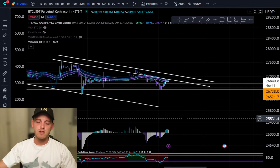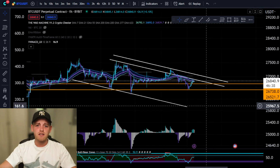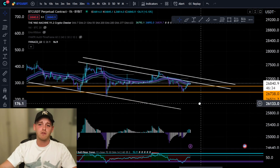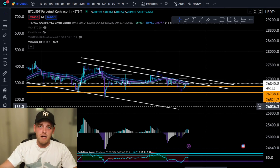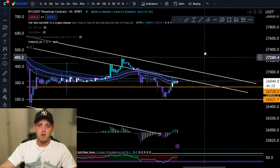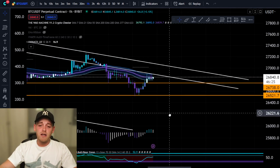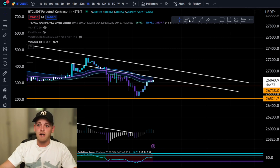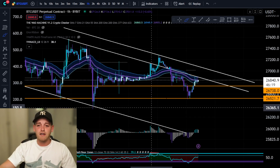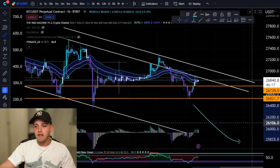Without further ado, let's get straight into the short-term time frame. As you can see, we've got pretty much a falling parallel channel coming through here, guys. This means that we could be looking for a breakout in either direction right now. Let's just zoom in right on this price and see where we could be looking for a lovely trade, right? So at this point in time, we have seen a nice pump to the upside from this level of support. And as you can see, that support level is honing in around